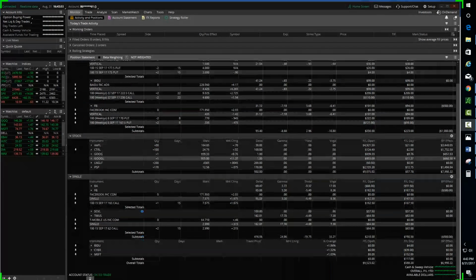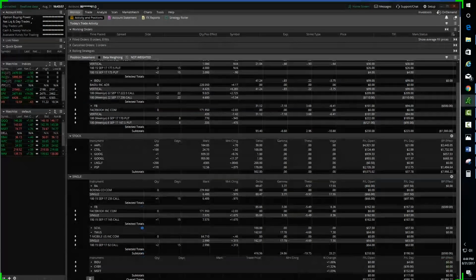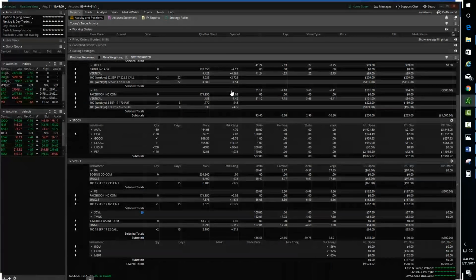The Boeing one is the only one that's hurting me. The funniest part about that one is I thought that was a great trade. I'm the one who told John about that trade. And poor John, this is down, but I still think it's a great trade. Boeing, I think it's fine. I mean, I'm not getting crushed. I'm never going to get crushed.